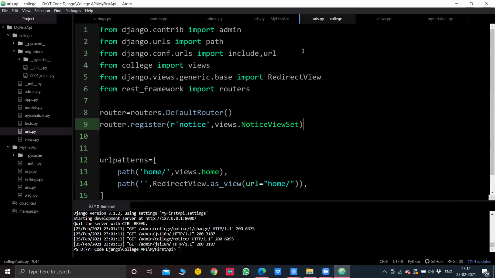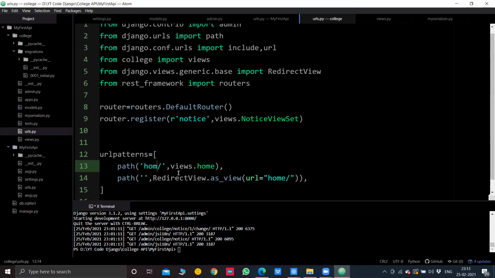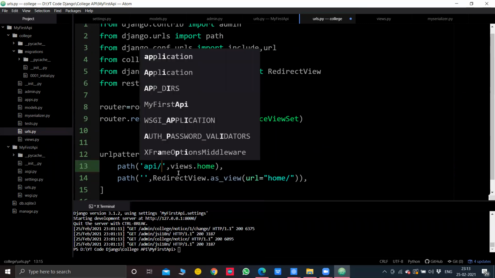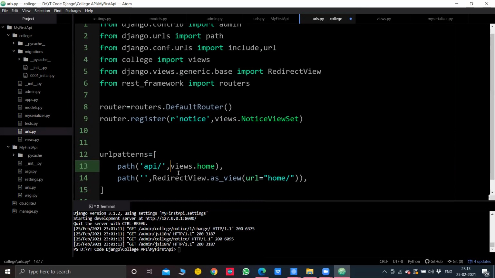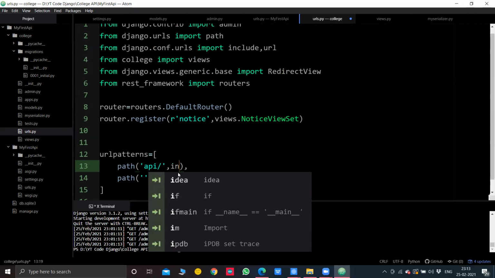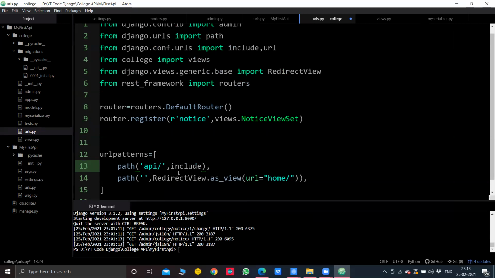So in the urls.py of our college, we'll just change the name to API, and we'll say include router.urls. We've routed all our URLs for the REST API, right? We'll just say include, and we'll mention router.urls there.